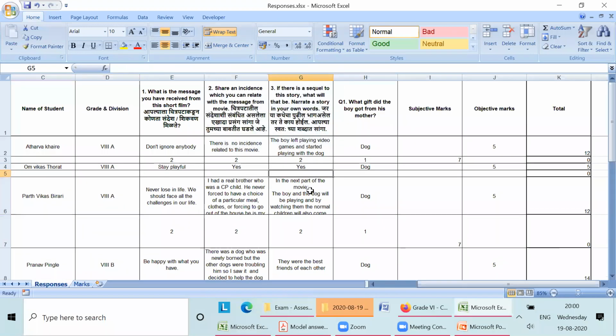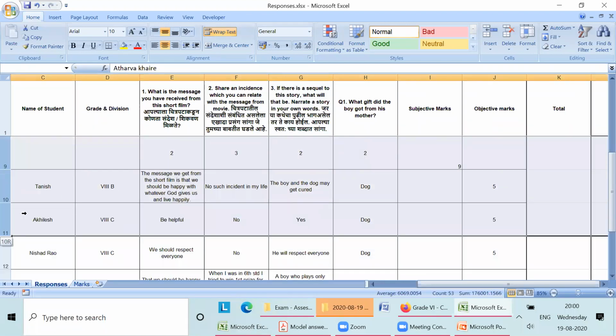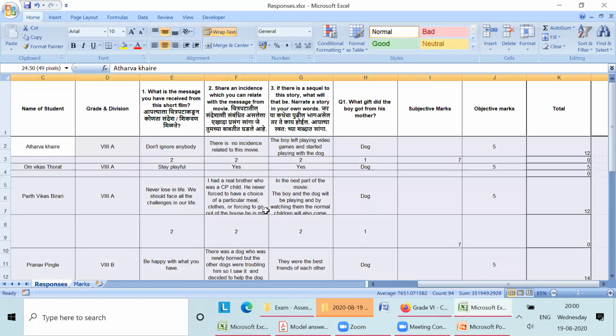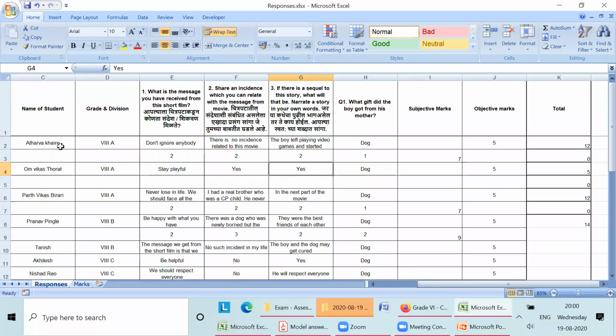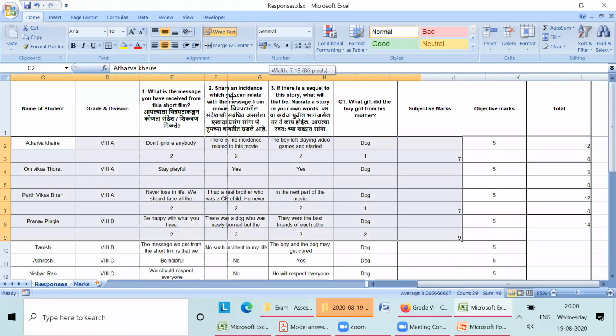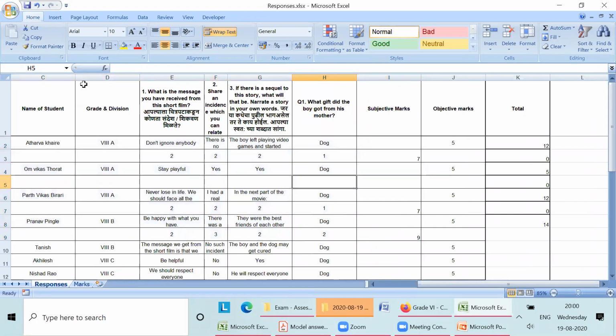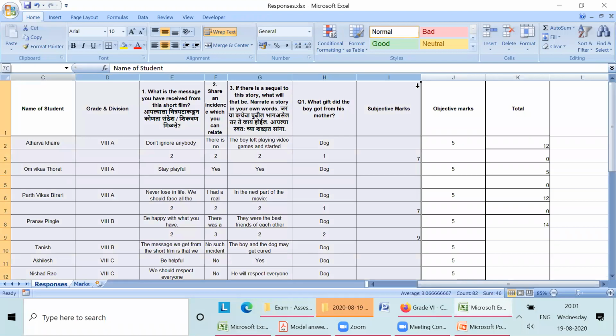Now there is a shortcut way to increase a column. Suppose I show you. Everything is small like this. So how are you going to increase it? Select the column, and simply double click on any one column.